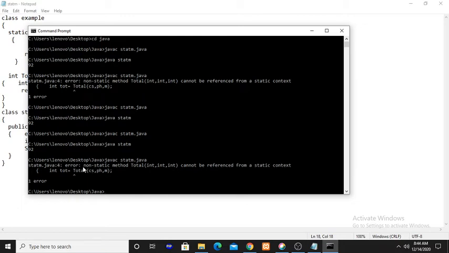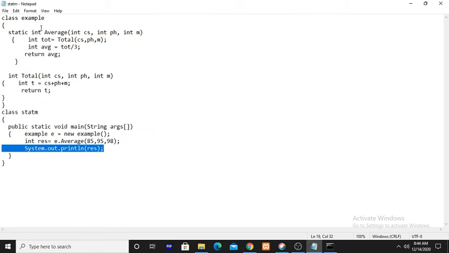Look at the error: non-static method total cannot be referenced from a static context. Here total is the non-static method. It cannot be referenced, it cannot be called from a static method. So in this program, total is non-static, so it cannot be called from the static method average.